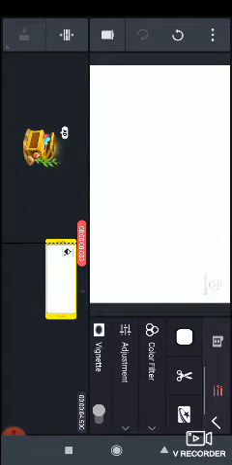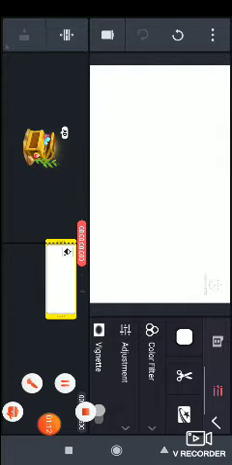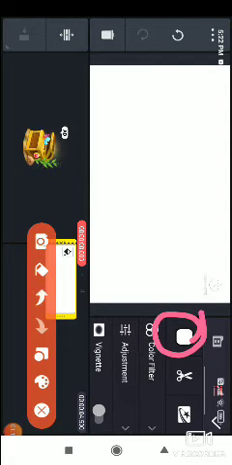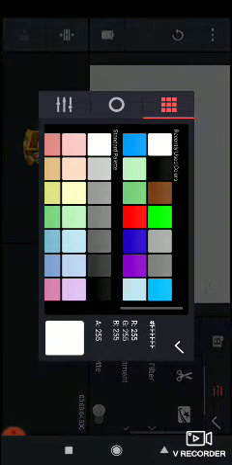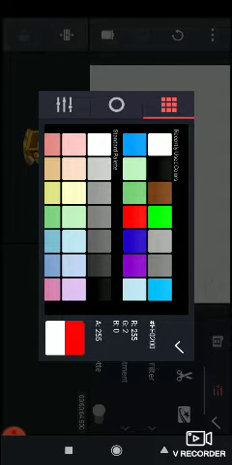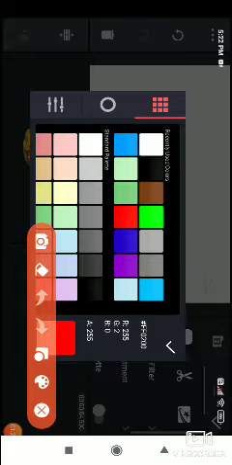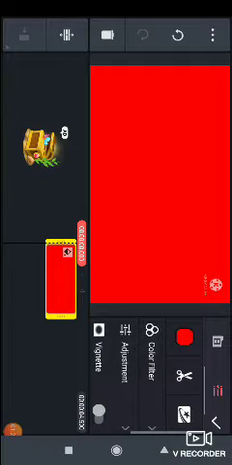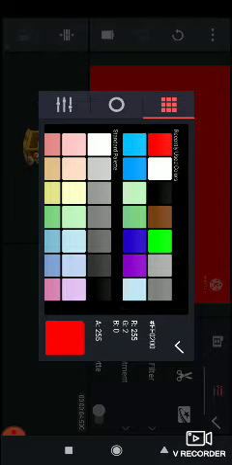For that we have to go to this option. I'll show you where. We have to go in this option, so let's click it, and you can take any color you want. I will take red, and over here it will show which color you have taken. Let me apply it. It is looking nice, but I want to change the color. I will take a lighter color, this color.